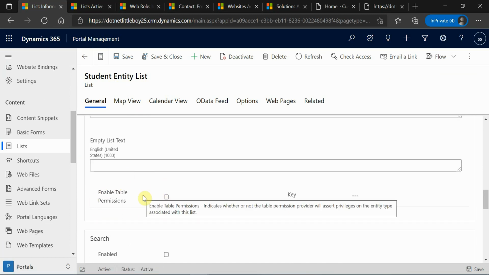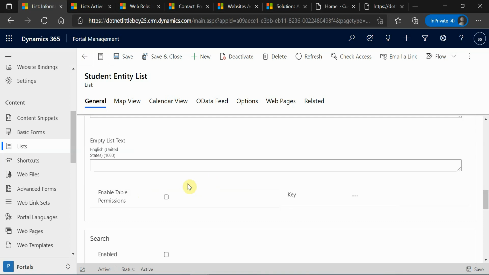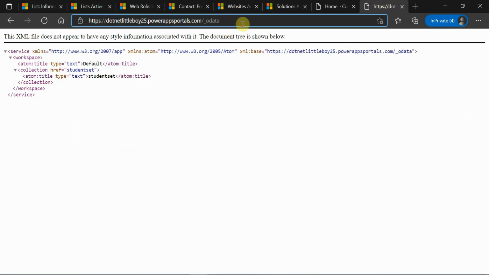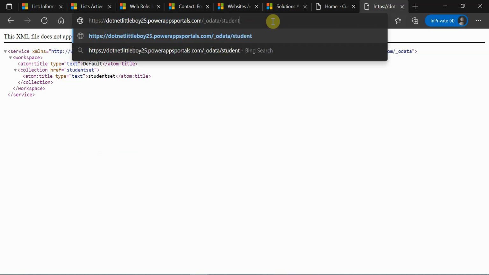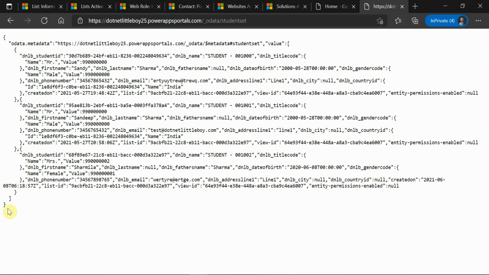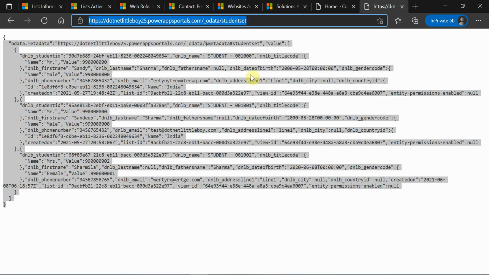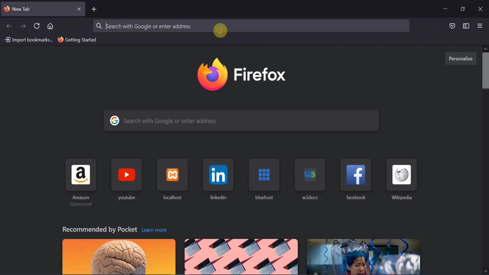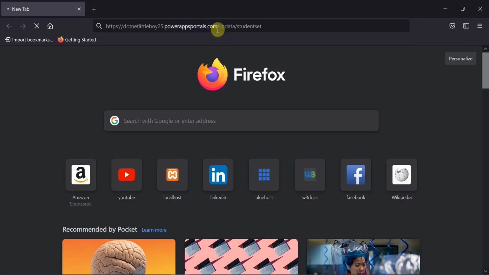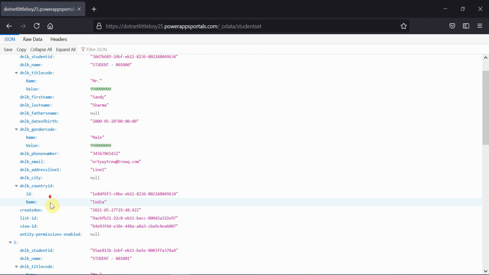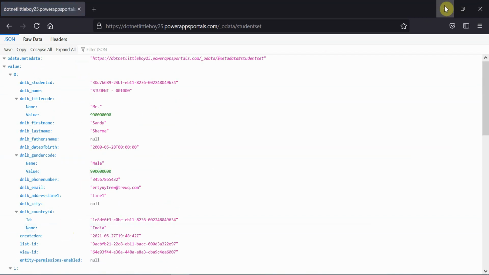Here you have to remember the entity list is also restricted with the table permissions. When you have not enabled the table permissions on your entity list, it can be used by anyone to access your data. Since I have not logged in, I am still able to access my student data here, and you can see these are the student data, and it is openly accessible. Even anyone can access this outside, somewhere in another browser where I have not logged in, and try to hit this one. You can see the data is exposed,